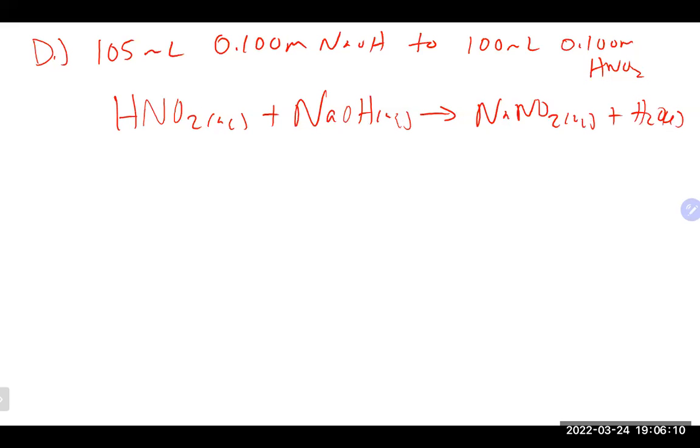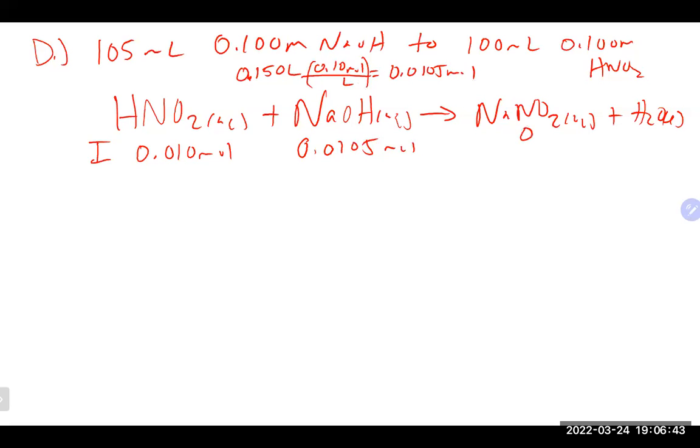All right, obviously we're still going to be doing moles. So initially here for our HNO2, 0.01 moles. For our sodium hydroxide, 0.105 liters times our 0.1 moles per liter gives us 0.0105 moles